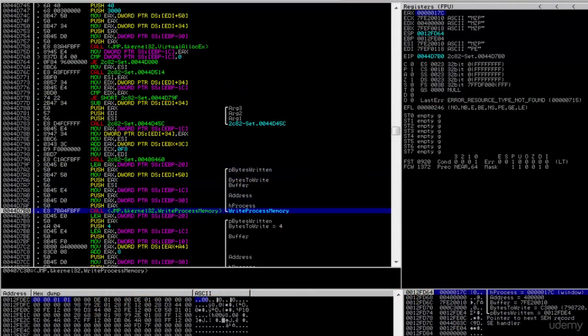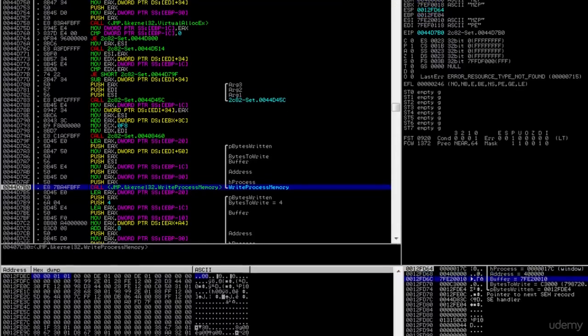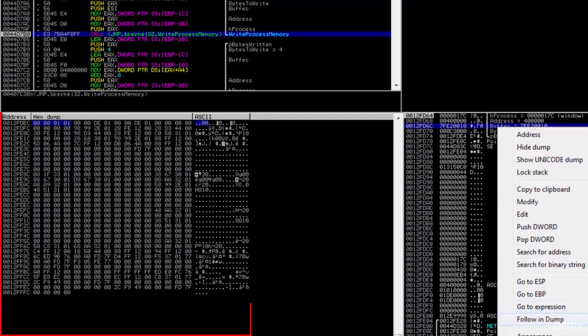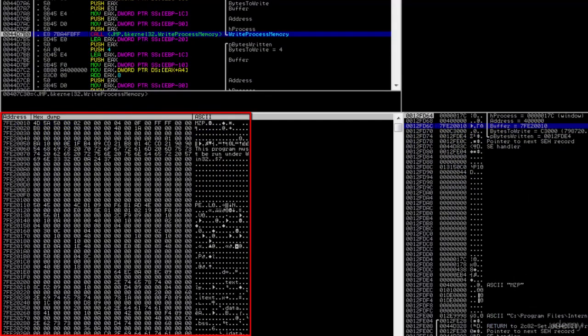And we get right here into the write process memory. It's going to say inject into Internet Explorer, which is the handler, in the address 400000, which is the one just allocated. It's going to write this buffer. If we right click and click on process following dump, we can see that it is a whole binary to